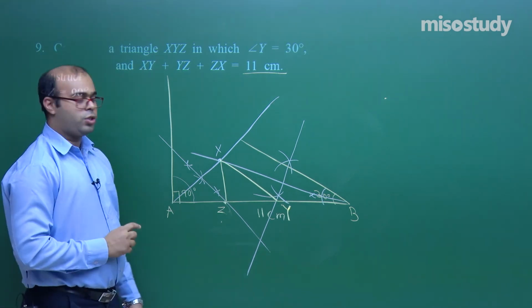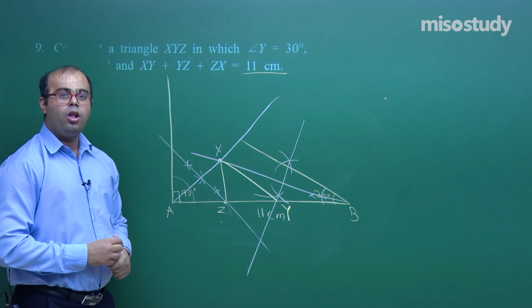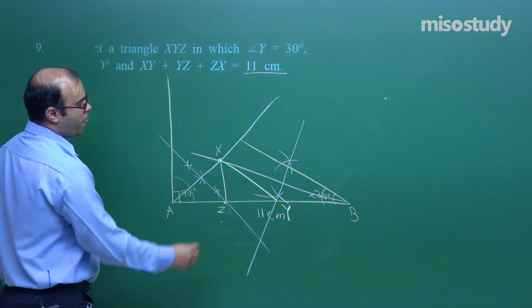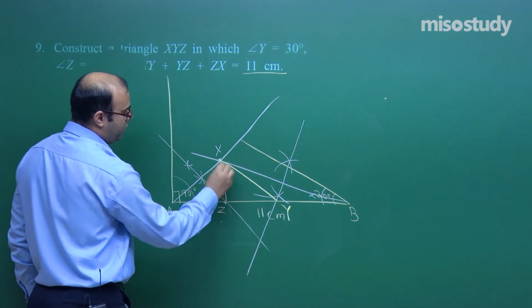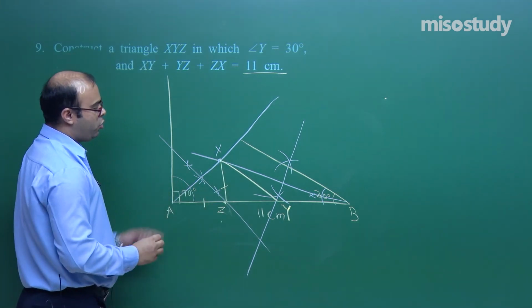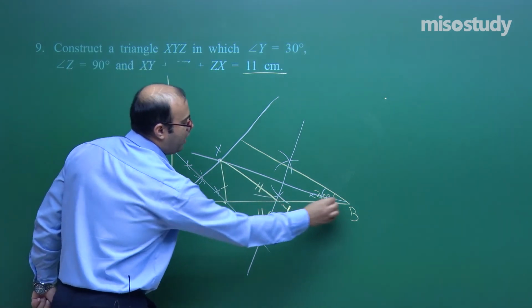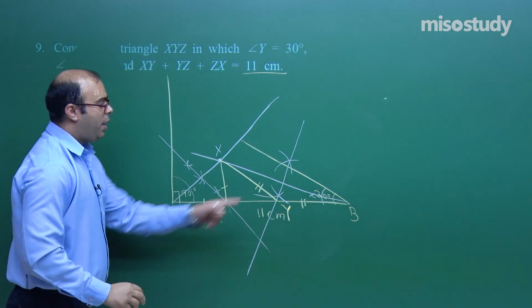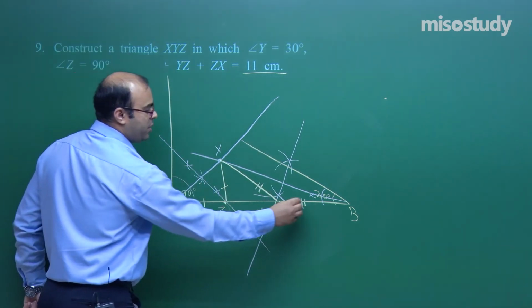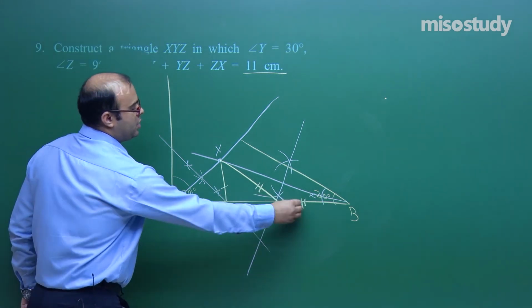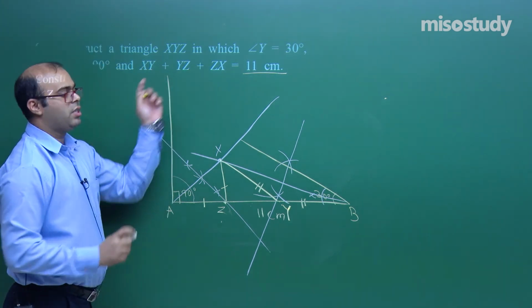What do you observe, students? This triangle XZY or XYZ satisfies all the conditions of the triangle, because this is ZY plus XZ. This XZ is equal to ZA because this is the perpendicular bisector. This XY is equal to YB. This is also a perpendicular bisector line. So these two lengths are equal. Now this plus this is 11. This is equal to this and this is equal to this. So this plus this is 11 centimeter. So perimeter is 11 centimeter.